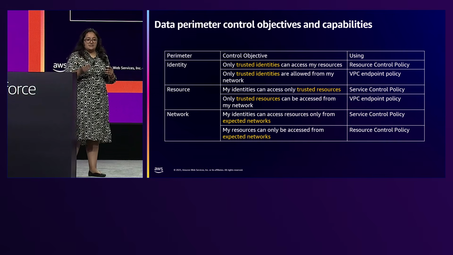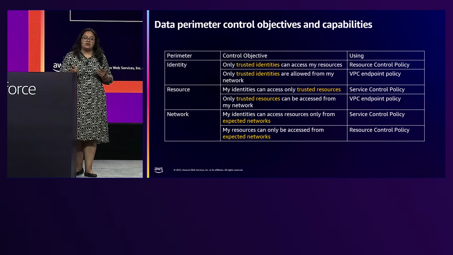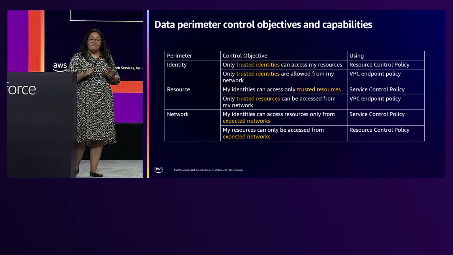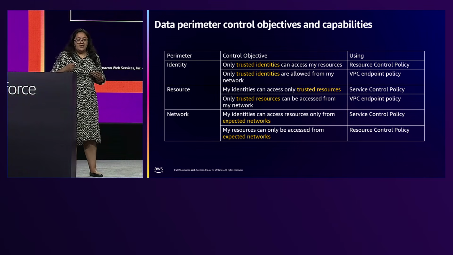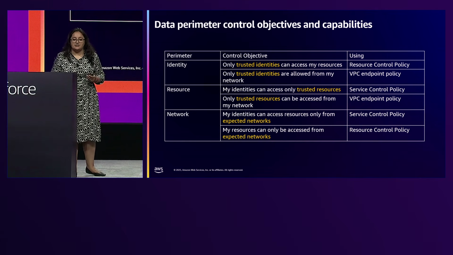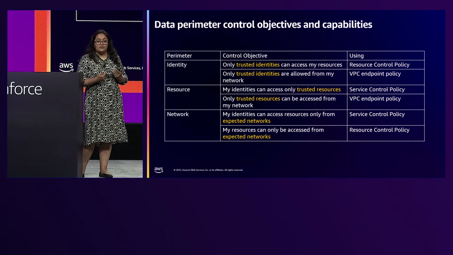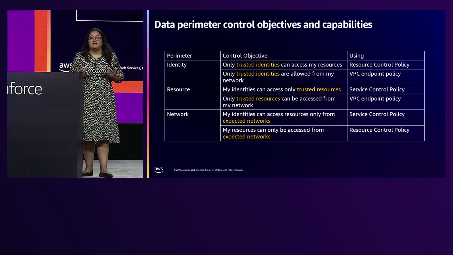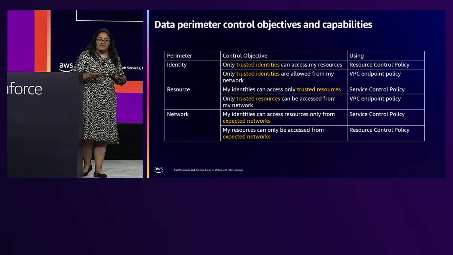So there are three perimeters, as I said. Identity, it'll help you reason who is making the request. It'll help you ensure that your customer data or your sensitive data is always protected and never accidentally or unintentionally exposed to unauthorized users. You can say things like, my S3 bucket should never be accessed by external entities. That could happen if you do not configure the access properly, but with boundaries, that's where you can stop it. This can also ensure that your employees are not able to bring in their IAM credentials into your data perimeter to access your resources. So you can stop that.